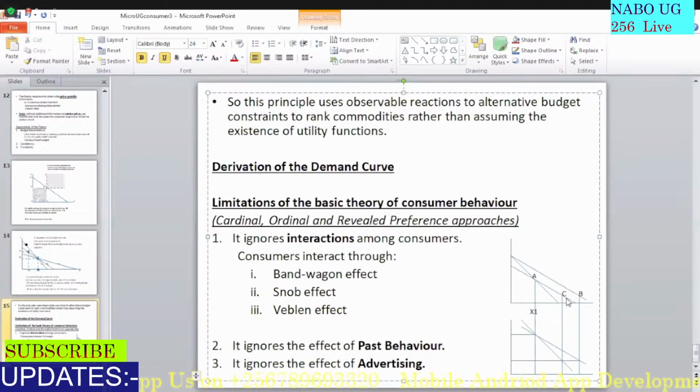Someone inquired about that diagram. This diagram just tries to explain the preference. So if we look at point A, without considering the budget line, we said that one of the assumptions here is that more is preferred to less. In other words, the individual prefers a basket of goods which has more of both commodities. So obviously, all these combinations